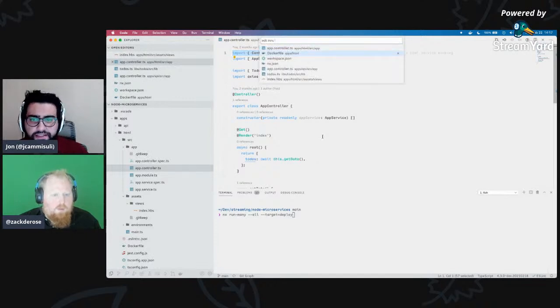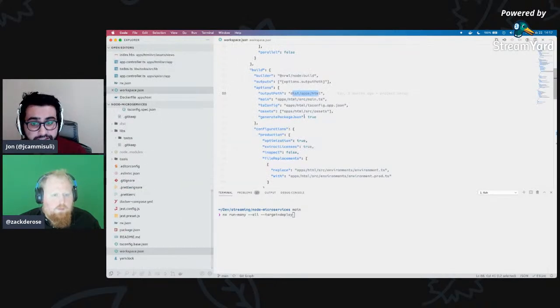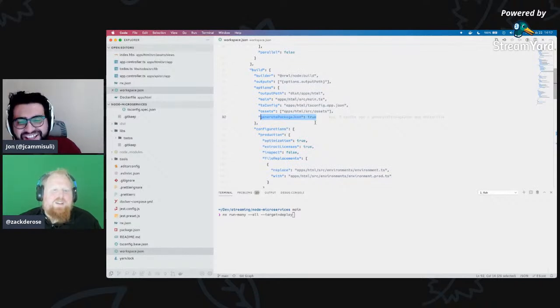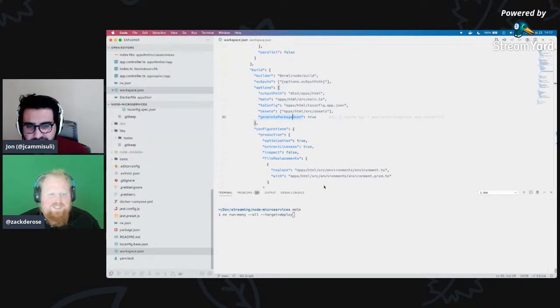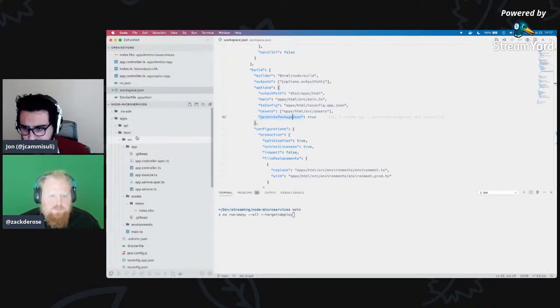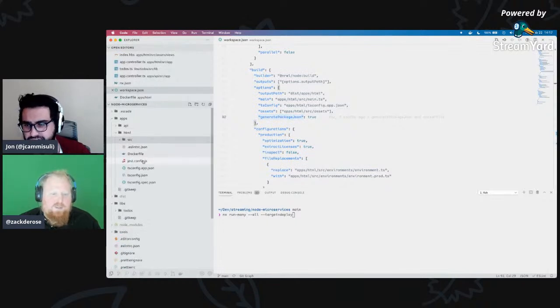So that's an option in the builder, where it basically says generate a package.json, and it'll figure out whatever dependencies you have imported and create one for you automatically. Because usually with default Node applications in Nx, we don't put a package.json file